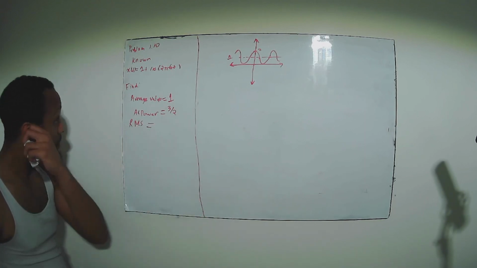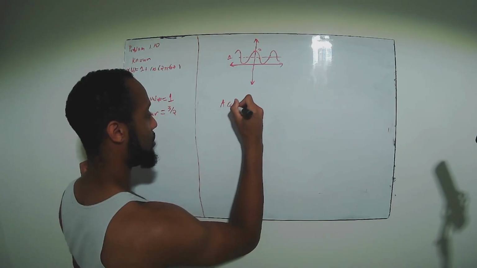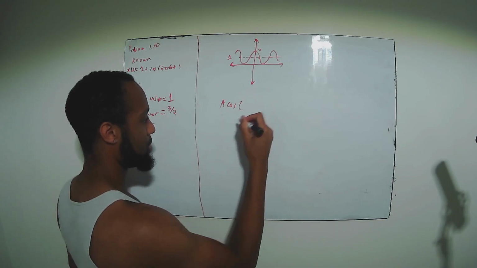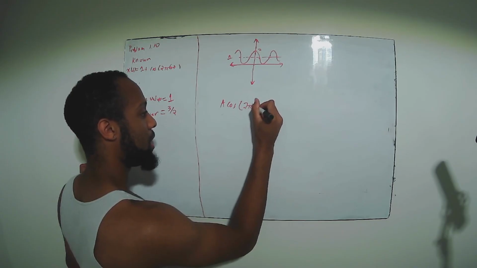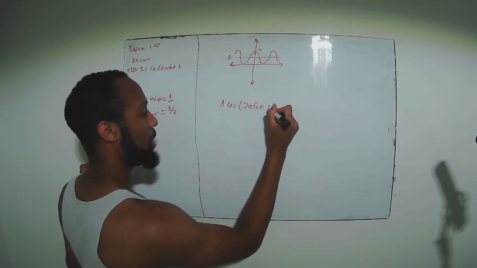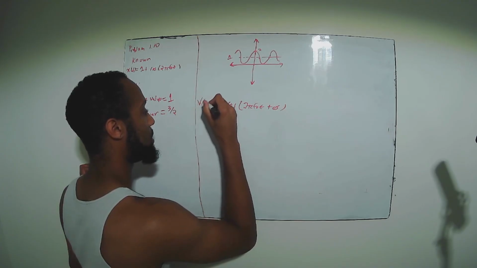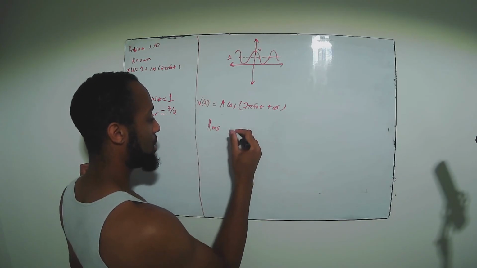Now, last thing is an RMS. If you have a cosine function in this form, or a sinusoid, sine or cosine, if you change them, it just lags 90 degrees. 2 pi f naught t plus a phase, whatever. If you have, let's say, a voltage signal in this form, then the RMS value is going to be